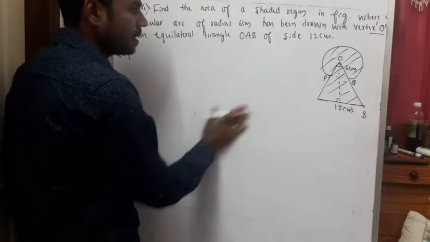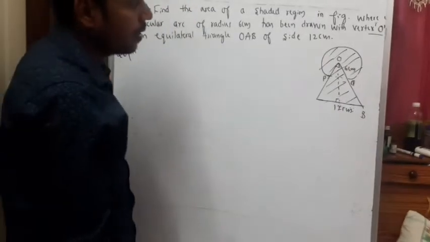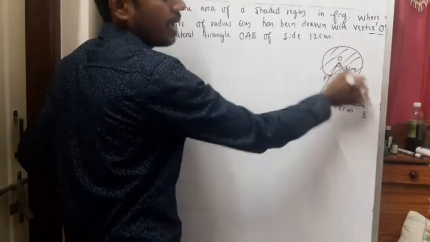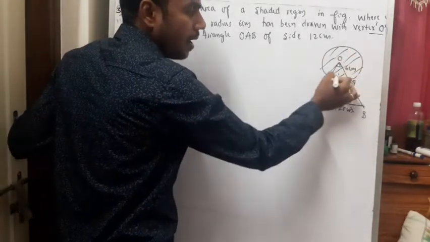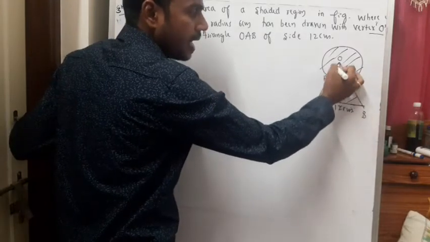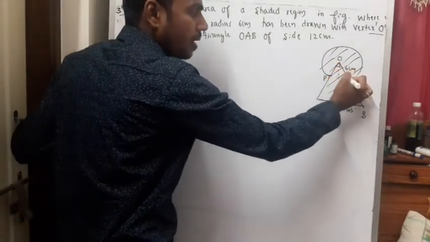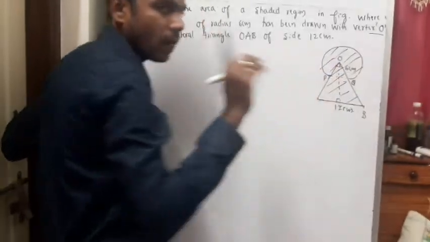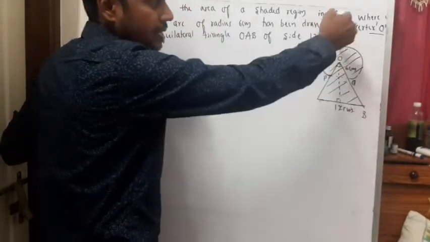See what you can see first. How to find the area of the shaded region? It's a combination of an arc and an equilateral triangle. If I find the area of the circle and the area of the triangle and add them, this area will be duplicated. We will count this particular sector area two times. So we need to remove this sector area one time, then I'll get the area of the shaded region.